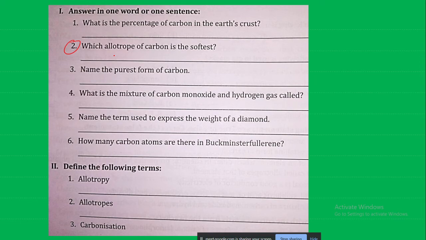Why does graphite leave a black mark on paper? Because one layer gets put on another layer. When something is written on paper, the first layer gets left behind and another layer follows. That is why graphite leaves a mark on the paper while writing. If you consider these the different layers of graphite, these layers are held to each other by very weak bonds. These are not covalent bonds, they are weak bonds. Because they are weak bonds, when we are writing, one layer will be left behind and can easily come off.